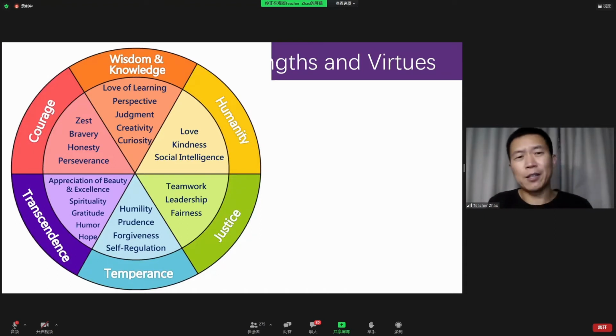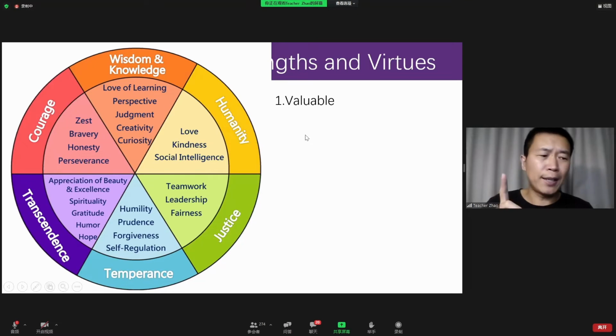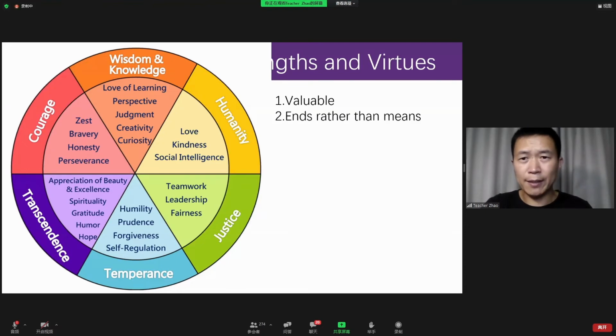Creativity, we know that. Curiosity. So these are the 24 character strengths. And what are the criteria of selecting these 24 character strengths? Basically, Marty Seligman and Chris Peterson decided that all these strengths have to be valuable, which means they have to be good. And secondly, they have to be ends rather than means, which means